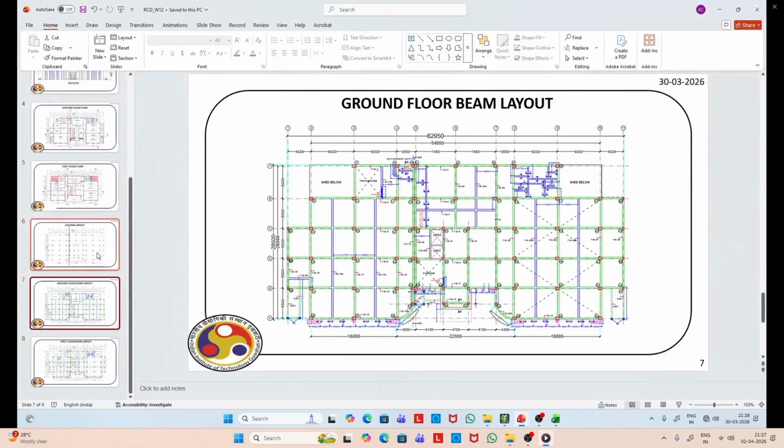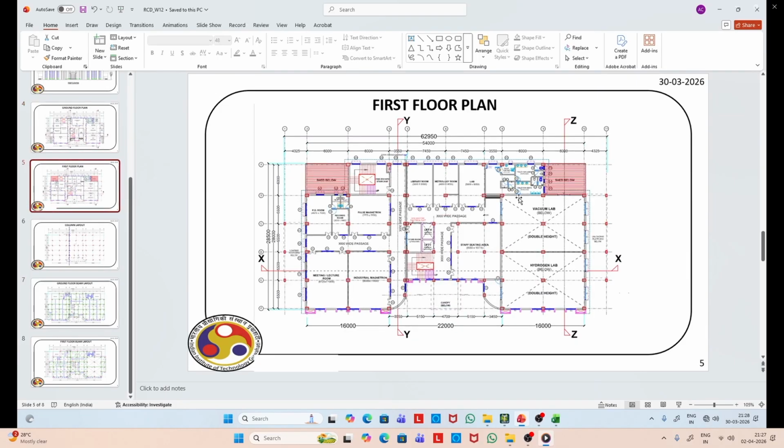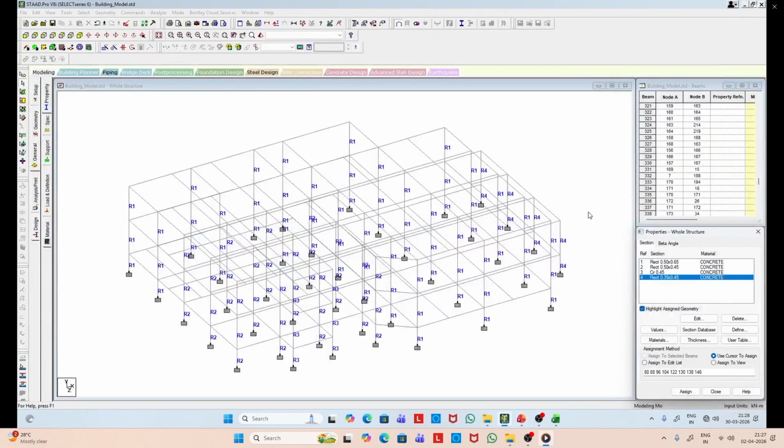So we deselect that portion because at the ground floor level it is there, but from first floor onward it is not there, so we delete it.